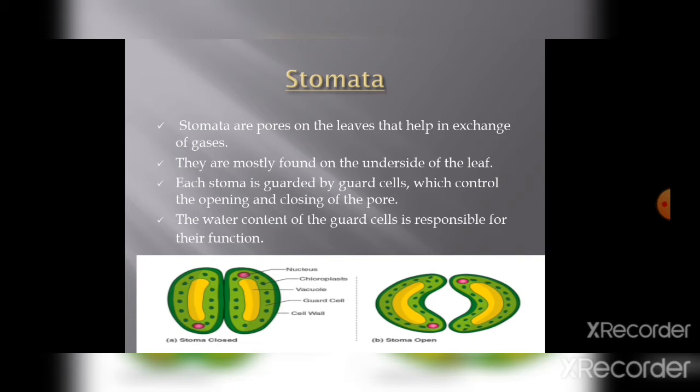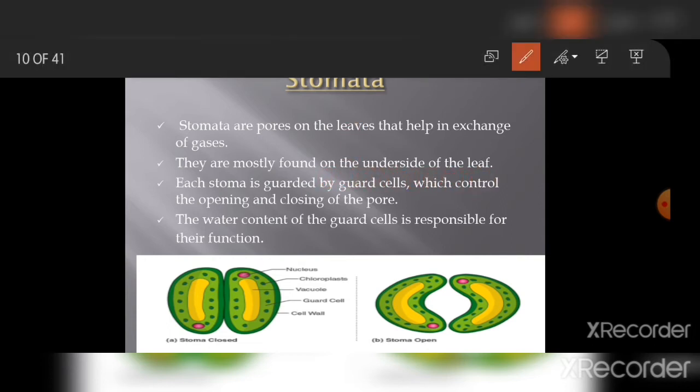There are three main events of photosynthesis, which is an important question. The three events are: the first one, absorption of light energy by chlorophyll. What are the events necessary for the process of photosynthesis? First, the light should be trapped by chlorophyll, right? The next one is conversion of light energy to chemical energy, as I have said before.